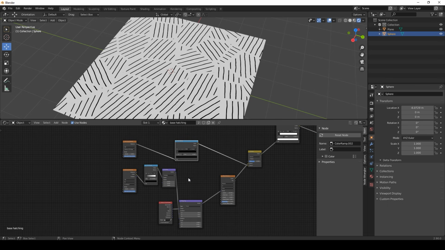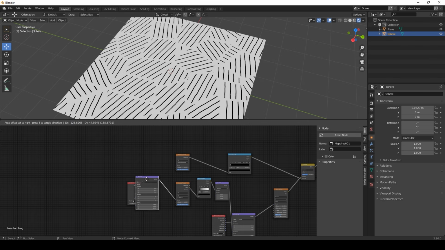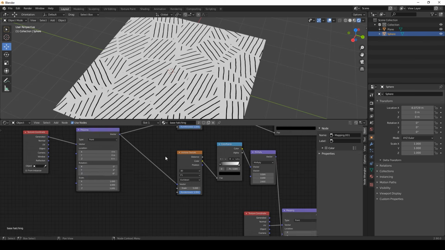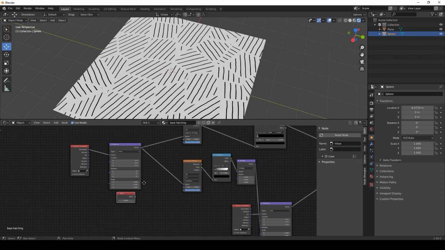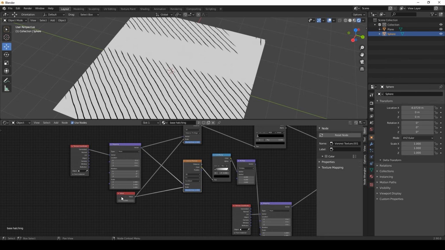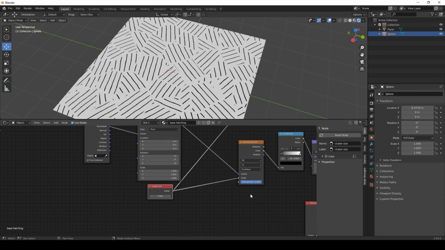And last but not least, to control this base hatching, we're going to add a mapping and texture coordinate node to both our Voronoi textures. And we are going to add an input value and connect it to our scale. We can call this cluster size and label it. And if we set it to something like 7,